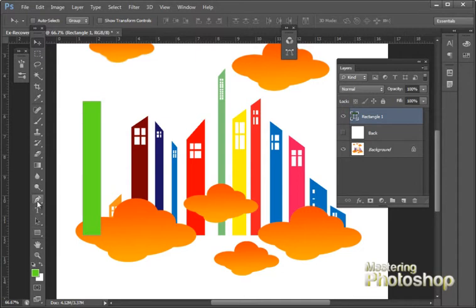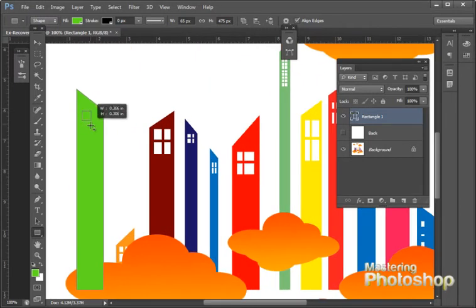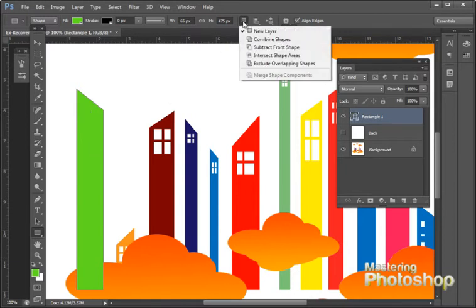And now take the pen tool, hold the Control key on the keyboard, click on this control point, the anchor point, and use the down arrow keys on the keyboard to create this angle. And now you can again take the rectangle shape tool and create these windows. Before that, go to this option over here on the top panel and say Subtract Front Shape,